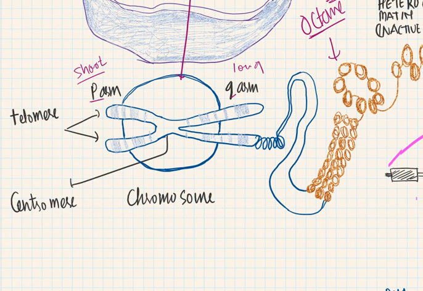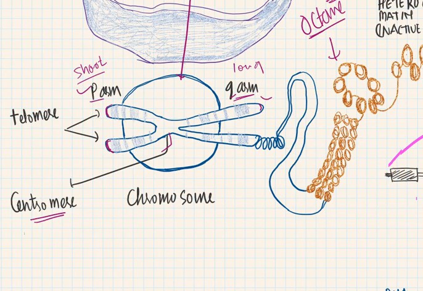So this is the cellular organization we are looking at, nuclear DNA and all. This is the chromosome, this is the short arm, this is the long arm. The short arm is called the P arm and the long arm is called the Q arm. This is the telomere. Telomere makes a cap on the short arm and long arm. This is the centromere where these two arms join. This whole thing is the chromosome.